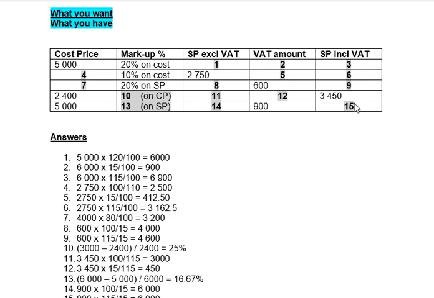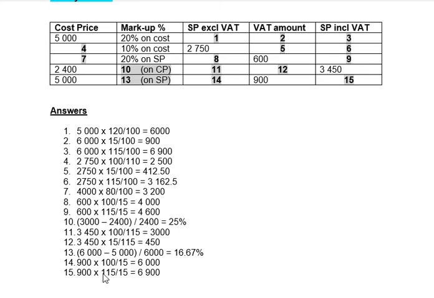So let's look at number 15. I want the selling price including VAT. So I want the 115. I have the 900 Rand. I have the VAT amount. So I have the 15. What you want? I want the 115. I have the 15. So times by 115 over 15 is going to give me the 6,900 for number 15, the inclusive figure,